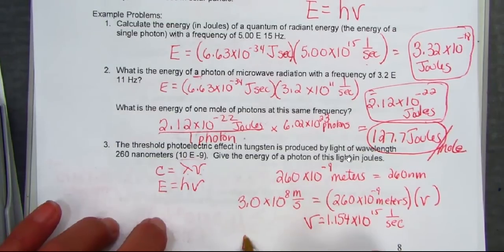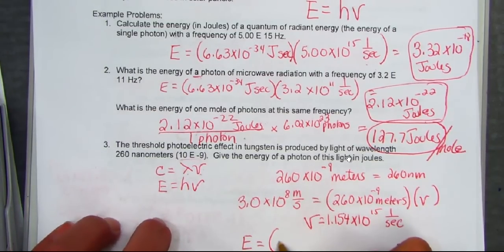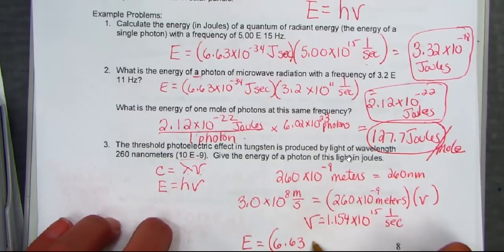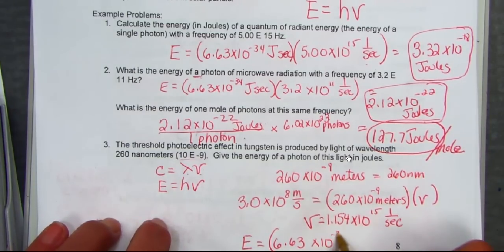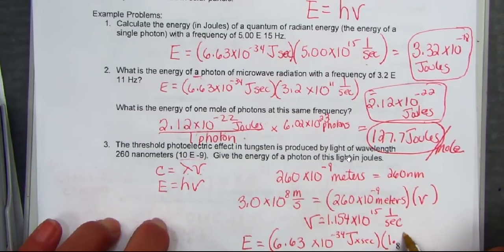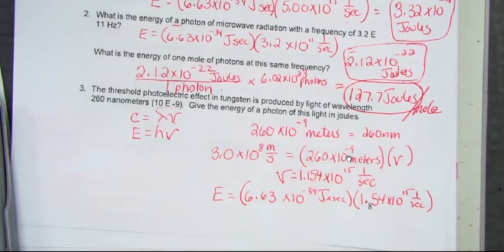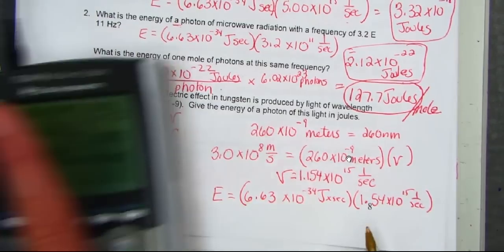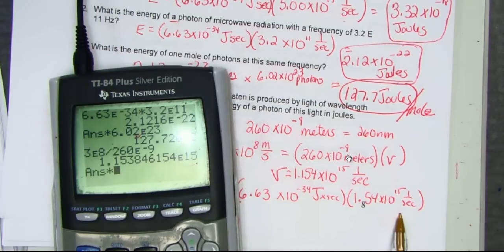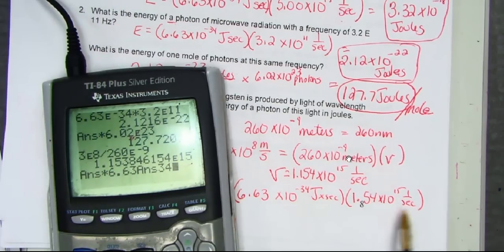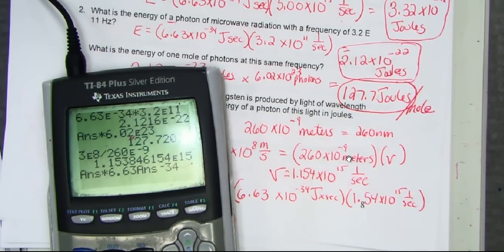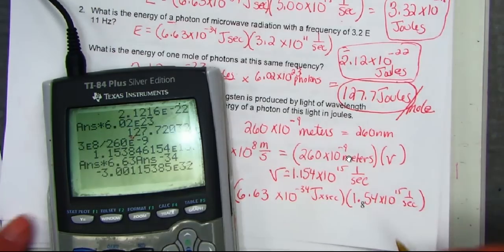But now I can simply take that value and multiply it by Planck's constant to find joules of energy. Planck's constant is 6.63 times 10 to the negative 34 joules times seconds. Multiply that by 1.154 times 10 to the 15th per second, and we've transferred that out to joules. So while that's still on my calculator screen, I'm going to multiply that previous answer by Planck's constant. 6.63 times 10 to the negative 34. There, I got it correct. And I come out with,